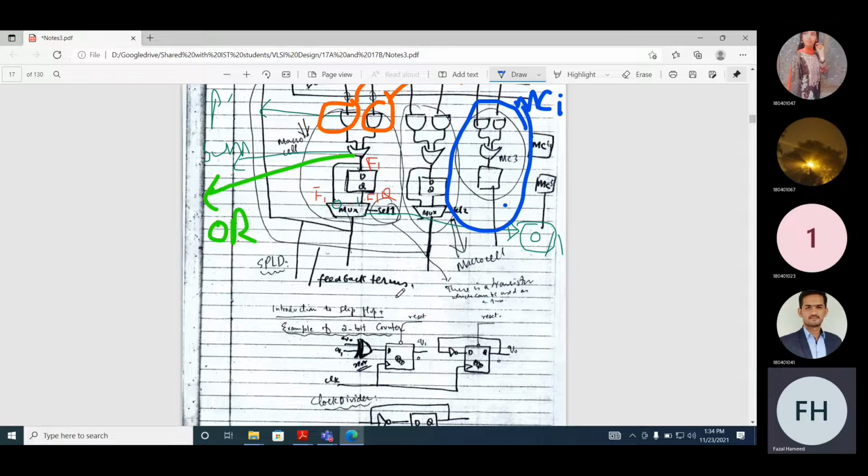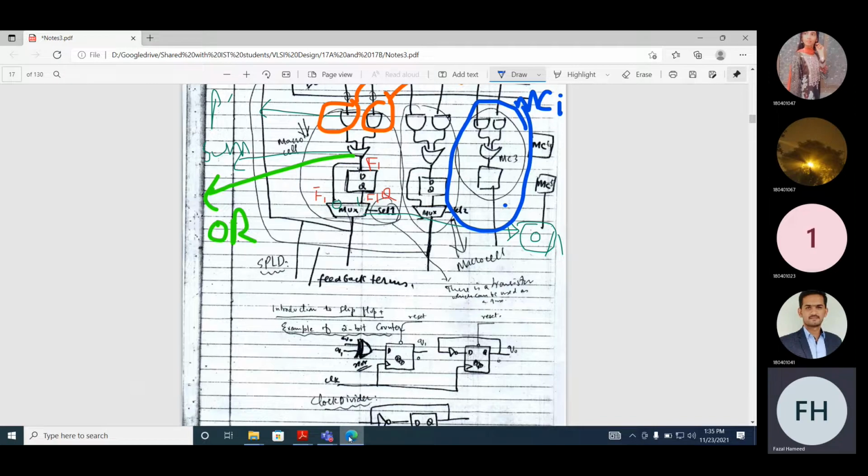It depends on the select line. On the select line, there will be a storage cell. Either we will store a 0 there or a 1 there. Let's assume in this particular example, if you store 0 in that select line, which function will be implemented? Combination. It may also be possible that macro cell I implements a combination function and macro cell J implements a sequential function. It provides you the flexibility to implement either a combination function or a sequential function, depending on the requirement of the user.